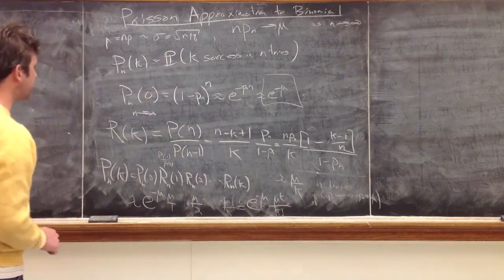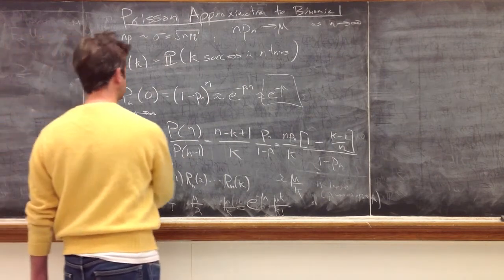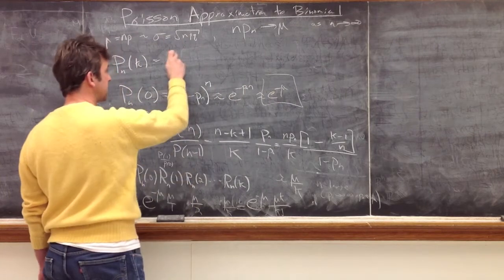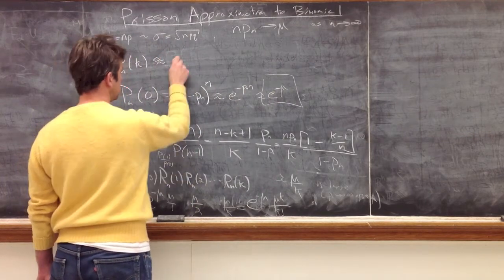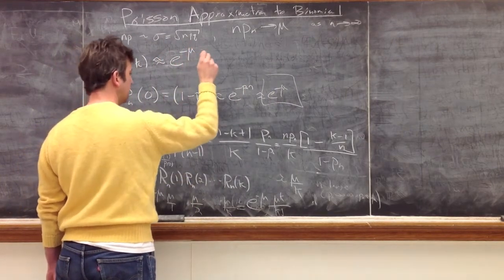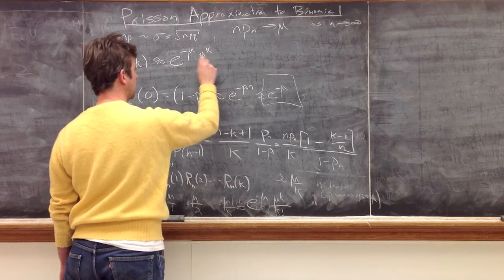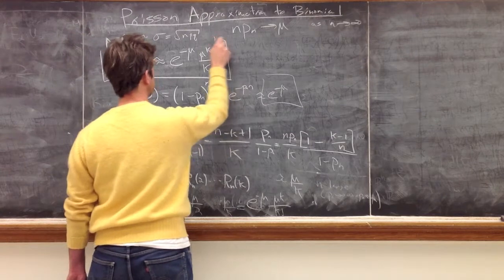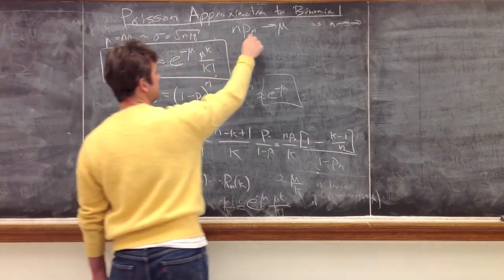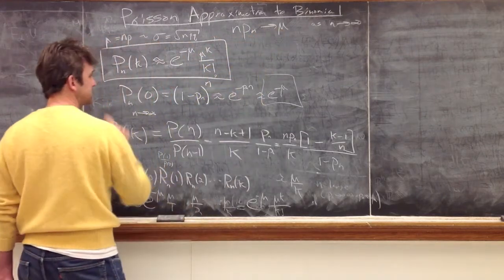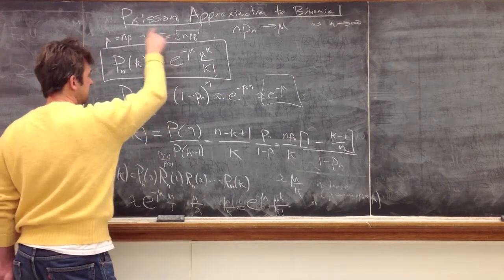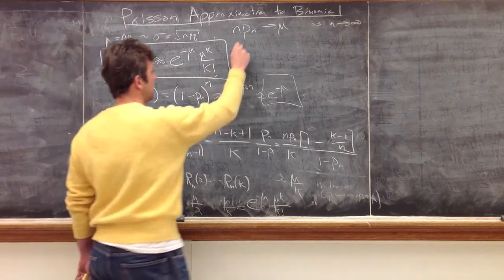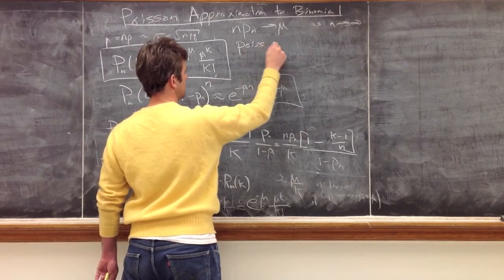So what I've discovered is that pk, in this setting, is approximately e to the minus mu, mu to the k over k factorial. And this approximation, in the setting when np goes to mu, and n is large, and therefore sigma is approximately mu, is called the Poisson approximation